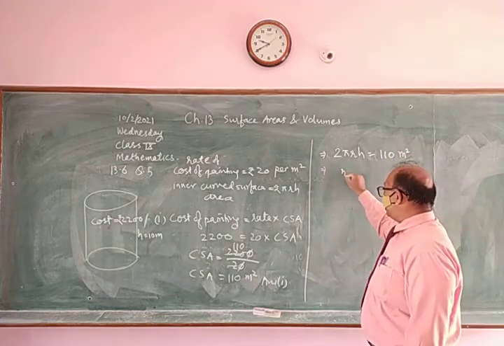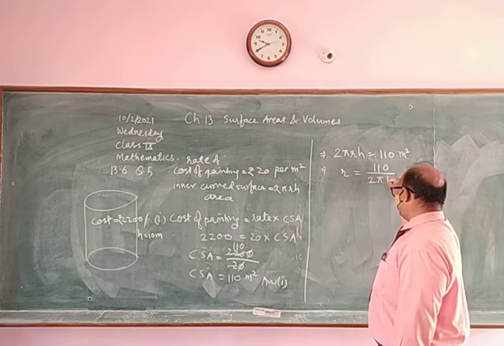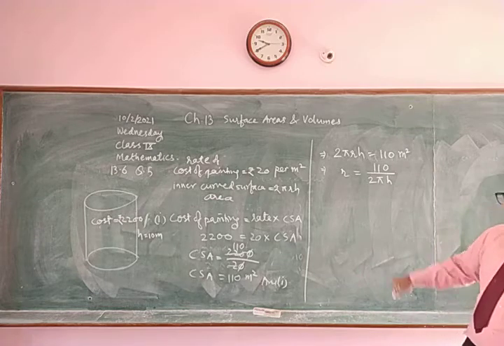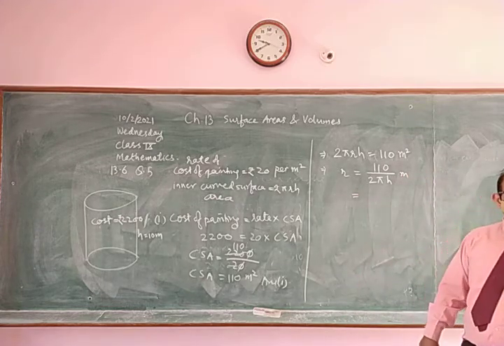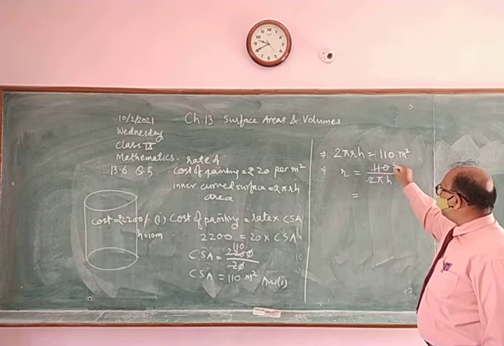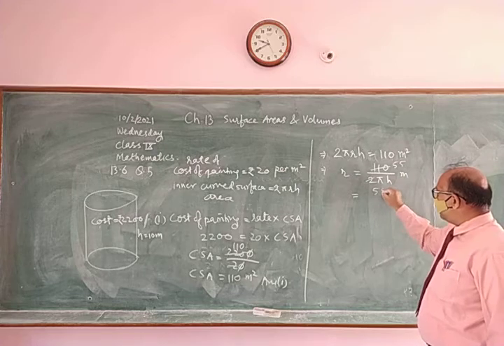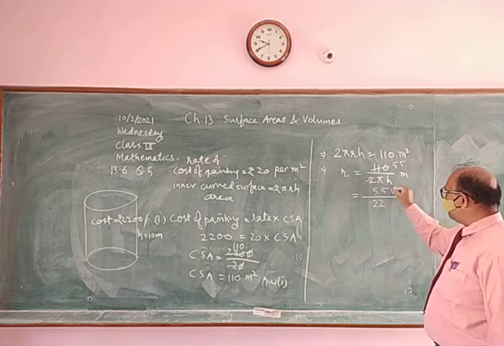So radius is equal to 110 upon 2 pi h meter, which is 110 upon 2, that is 55, and 55 upon 5 is